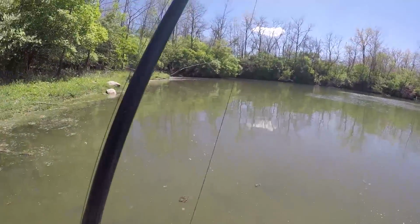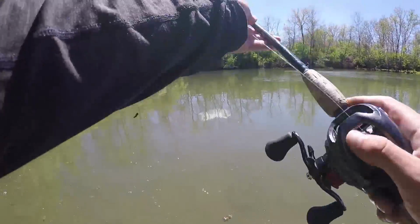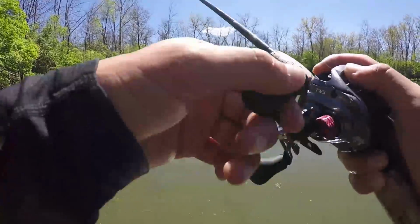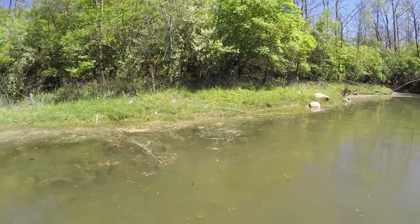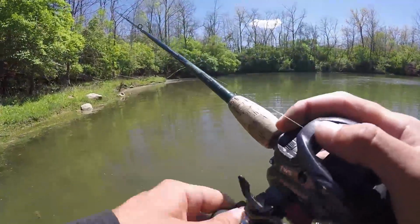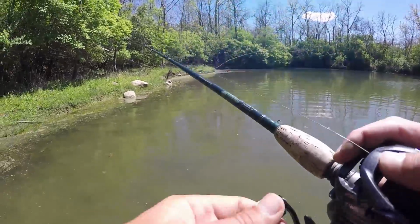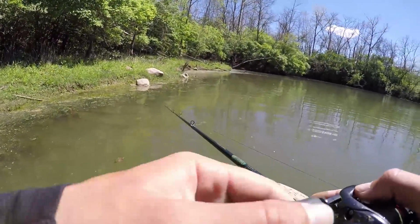I wonder why. If these fish are bedding, that's going to make this challenge a lot more difficult, because they're not out looking to feed and feed up before they spawn. They're already spawning. I don't know if the females have dropped eggs yet, but if they have, then it would make it easier because the males will guard the beds and I can just drop the swim bait in there. But the males aren't exactly holding to any certain area, so it looks like they've just made the beds and